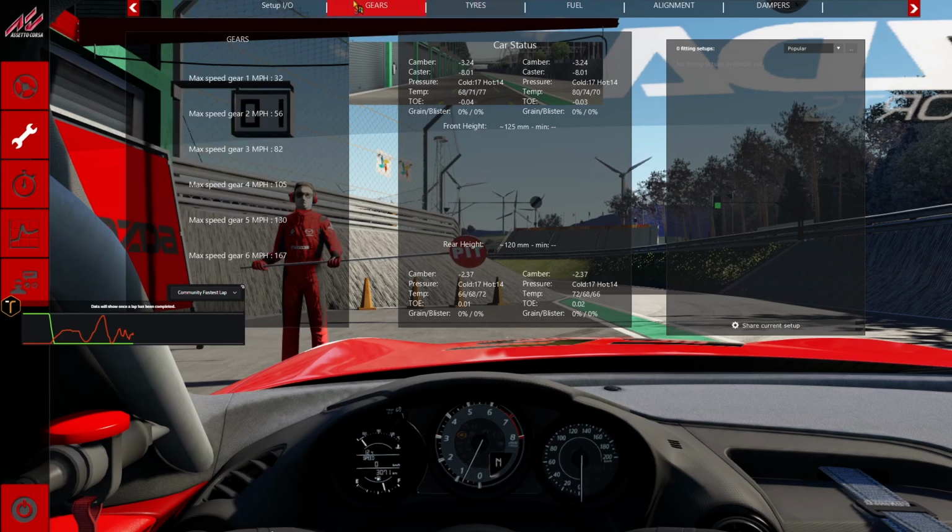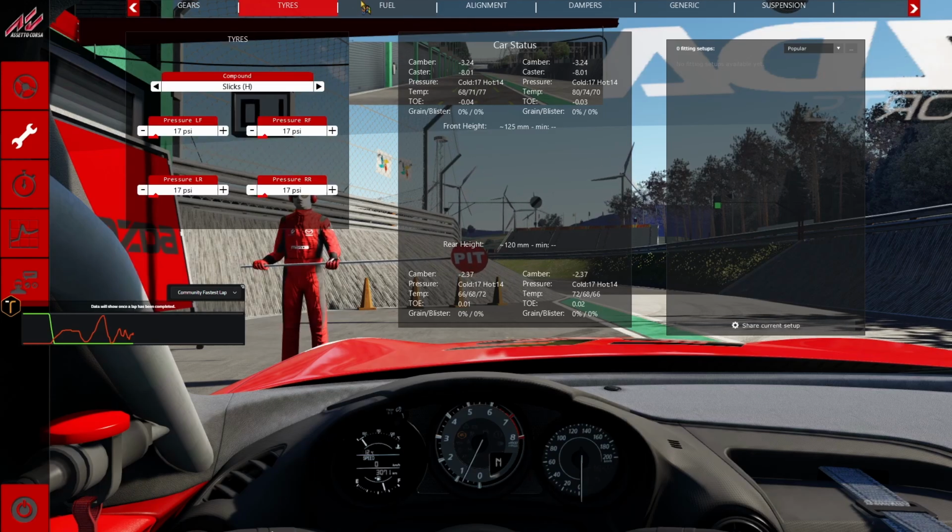you want to optimize your vehicle. Look at the gears, figure out what the max speed is for each gear, which is quite useful. And then figure out what type of tires you have. You can have a variety of tires depending on what type of car it is. Motorsport specialized vehicles have multiple sets of tire compounds, but for mass manufactured vehicles it could just